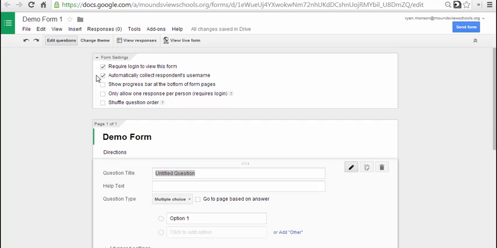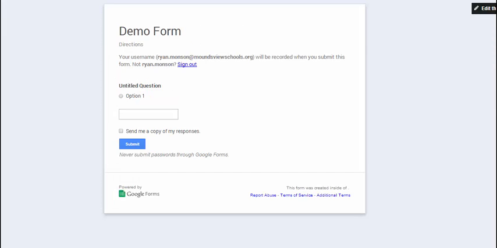Let me go to a live form and show you what that looks like. So this is the live form for what I've been doing just now, and there's a little checkbox at the end that says send me a copy of my responses. If a student checks this, then the form will send them an email with all of their answers to the questions. So it's kind of like them getting the quiz back. The only difference is that they don't get the graded part of it. So they can't see what they got right or wrong,